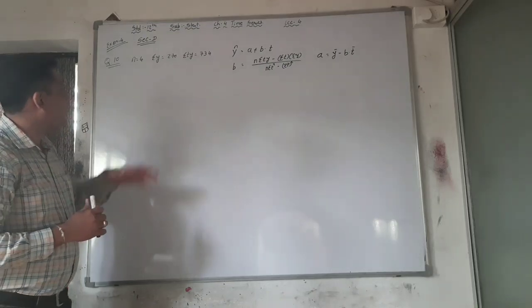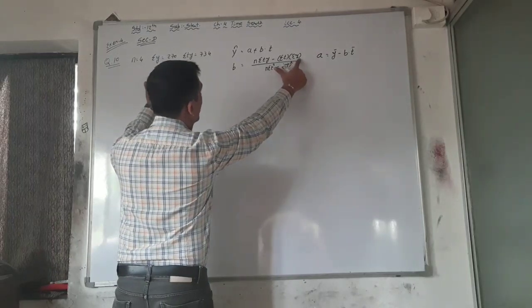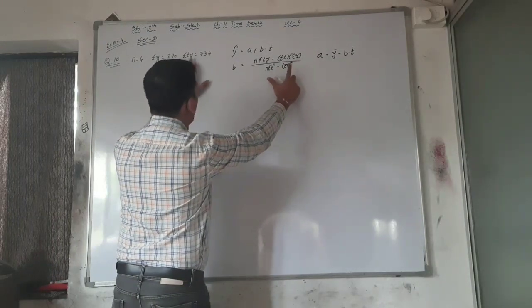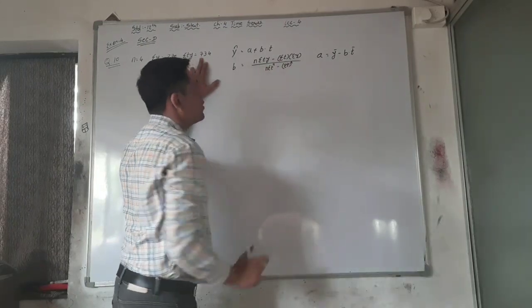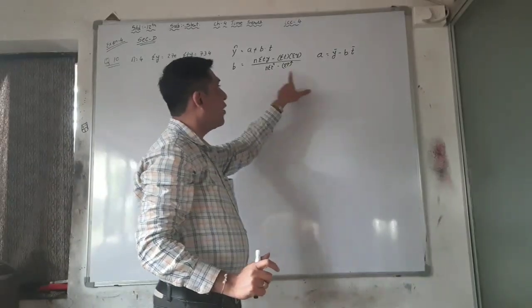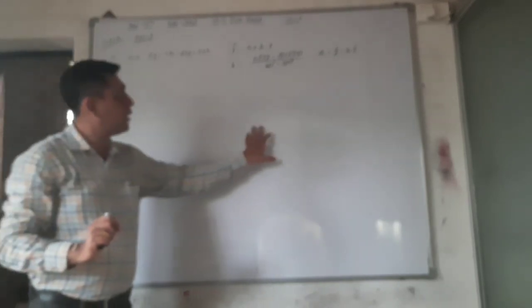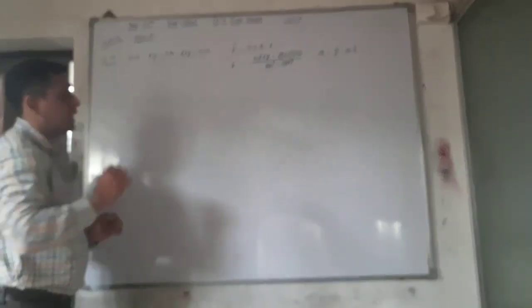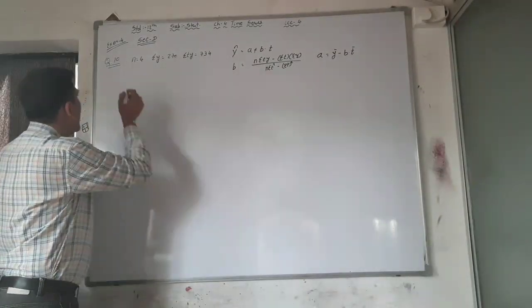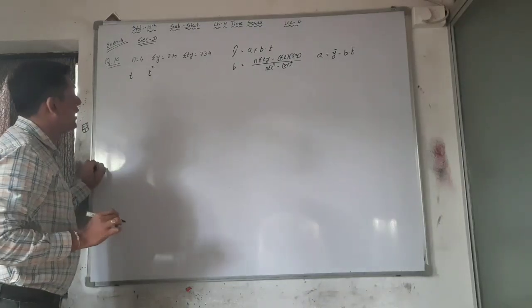See, these are the two main formulas for finding out the equation a plus bt. And for that, we have only n is equal to 4, sigma y equal to 270, and sigma ty, this one 734. We don't have sigma t square, y bar and t bar. First of all, we have to find out all these and then we put the values into this formula. So here, whenever t is not given, we have to write two columns, that is t and t square. What is t?